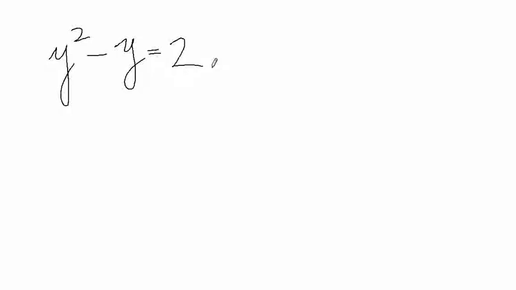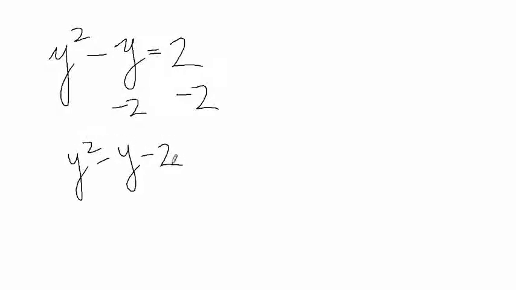the issue here is we don't want to play the factoring game until we have a 0 on one side of the equation. Yes, you can factor the left side, but it's not going to do any good because you have a 2 on the right side. The game only works if you have a product that equals 0. So what I would do for this one is simply move the 2 to the other side. Let's subtract 2 from both sides. And now we have a quadratic equation that equals 0. So we have a chance of applying that